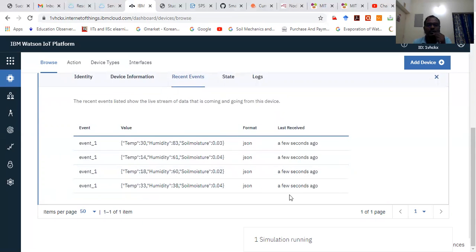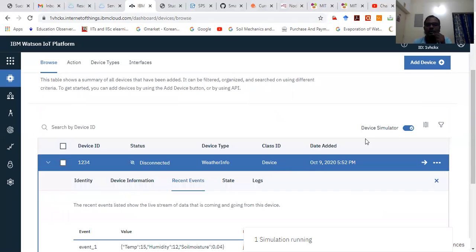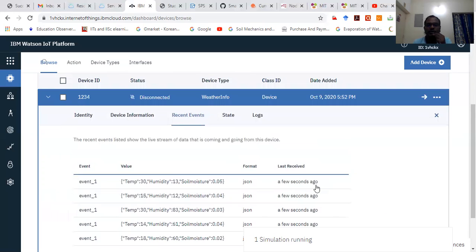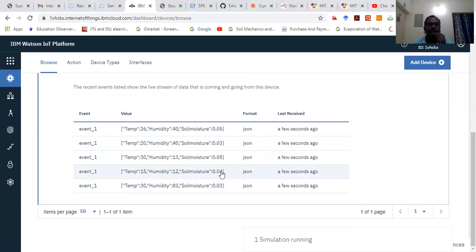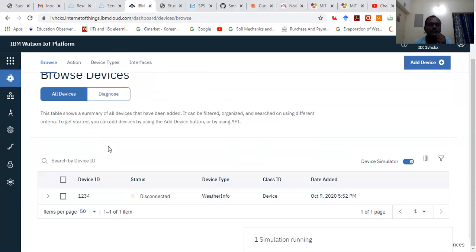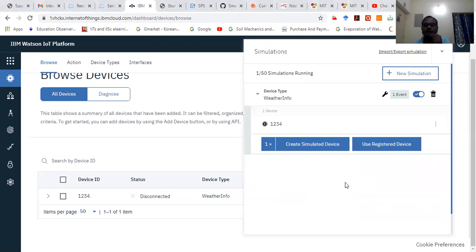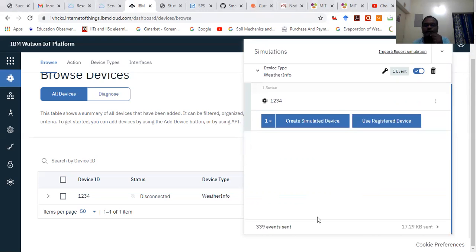Here you can see the device simulator is running. The simulator is running here, and 330 events have been sent.